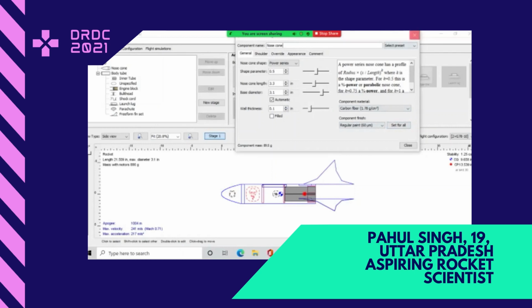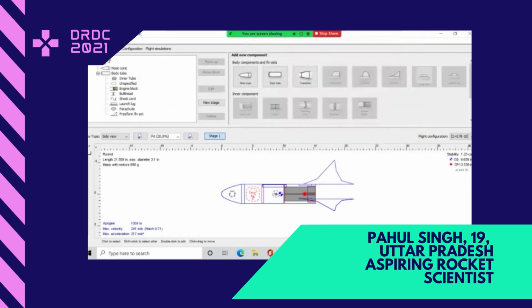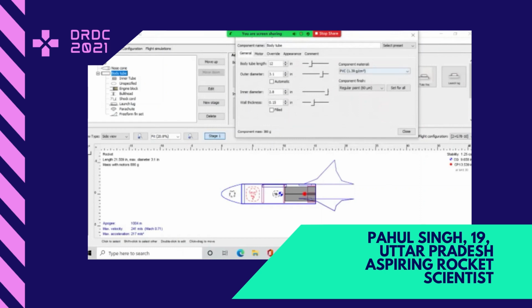Now coming to the main body tube, the body tube is made out of PVC, which has a density of 1.39 gram per centimeter cube, and you can see the required dimensions. I have kept the rocket very intact and small in size, because I did not feel that having a huge length would have a great impact on the rocket stability and velocity, because that was affecting it. And also the requirement of this rocket is not a lengthy rocket, so I made it a compact small rocket for experimental purposes, or for model purposes, like if I want to measure the velocity, altitude, or put some device in the atmosphere, then I am able to do that.